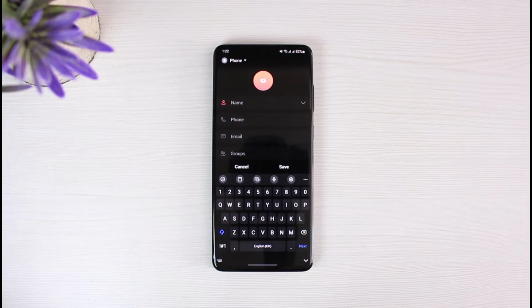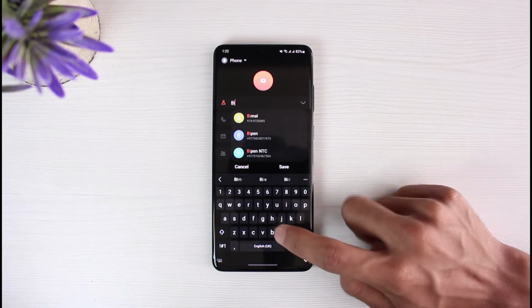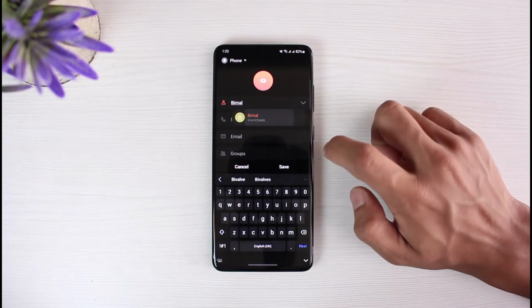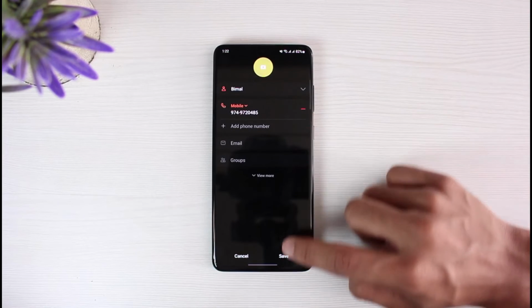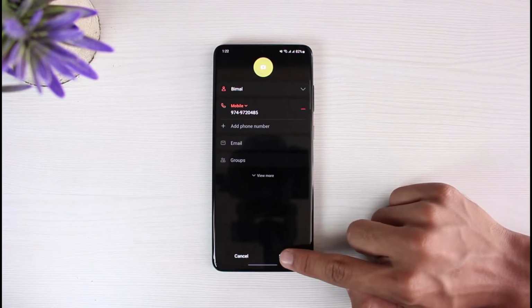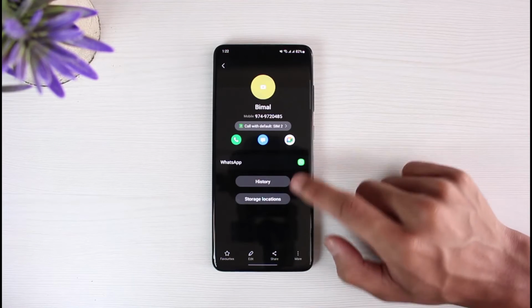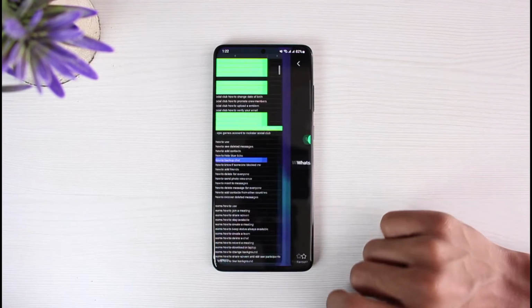So as you can see, it will open up your phone's menu over here, which will ask you to enter a name. So simply go ahead and enter a particular name over here. And once you've done that, go ahead and click the save button, also entering their number. Once you add them and save them to your phone's contacts, you can come back